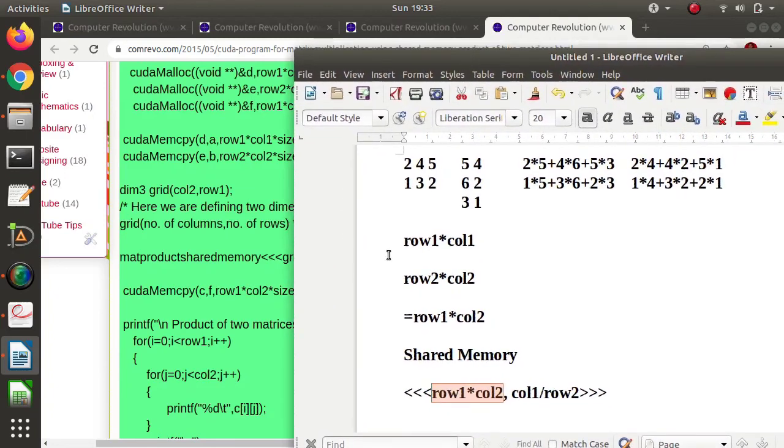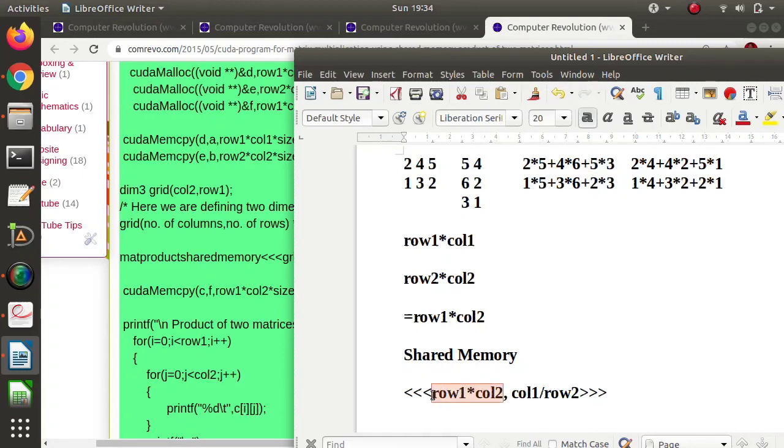So we have used shared memory. One block for this, one block for this, one block for this, one block for this, and one thread for calculating this value, one thread for calculating this value, one thread for calculating this value. So how many blocks do we require? Size of the resultant matrix. So what is the size of the resultant matrix?